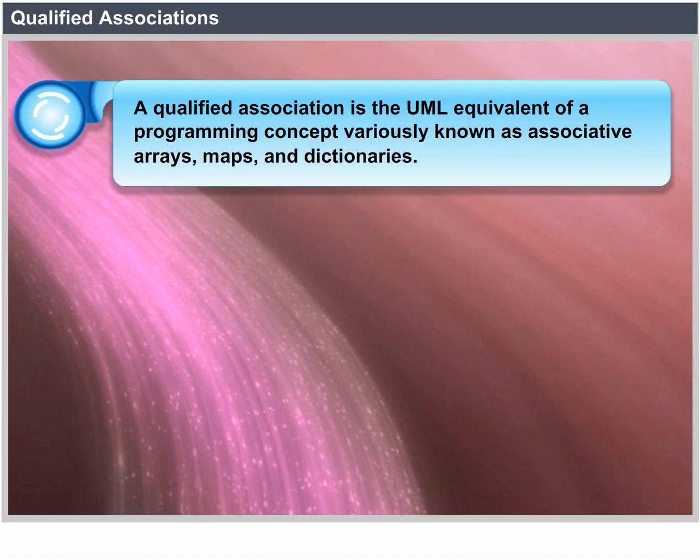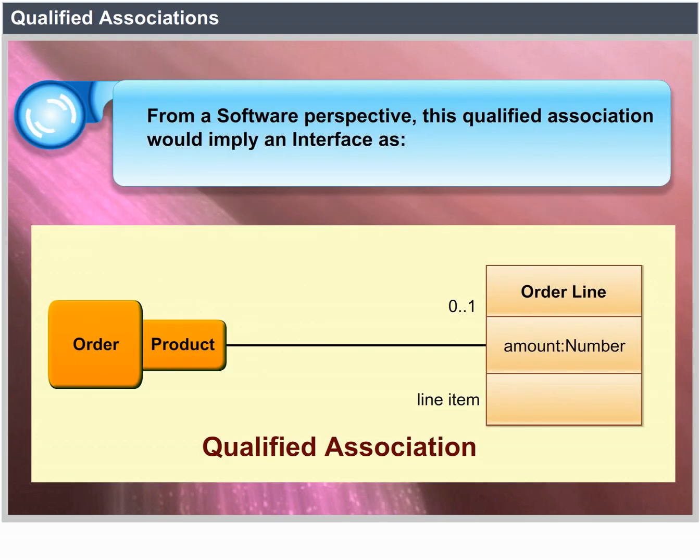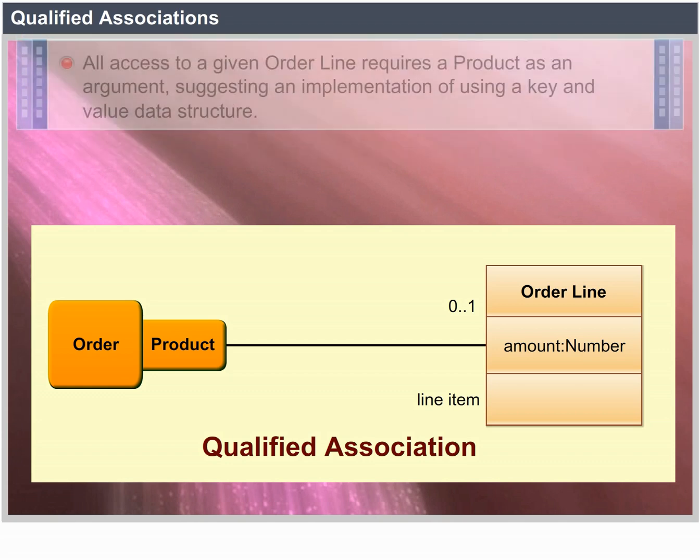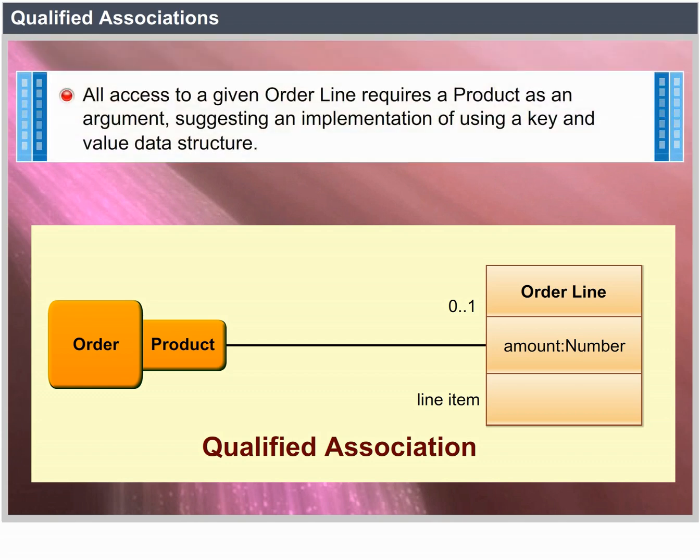A qualified association is the UML equivalent of a programming concept variously known as associative arrays, maps, and dictionaries. From a software perspective, this qualified association would imply an interface as class Order, public OrderLine getLineItem(Product a product), public void addLineItem(number amount, Product for product). All access to a given order line requires a product as an argument, suggesting an implementation using a key